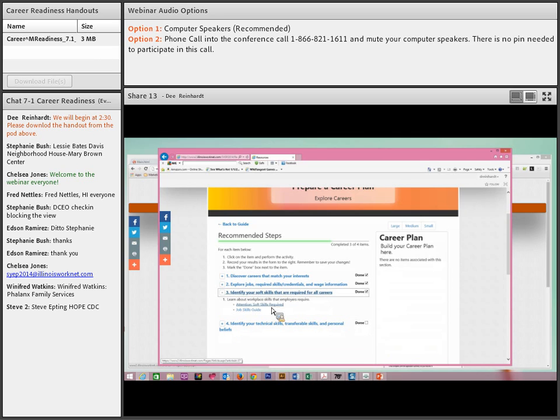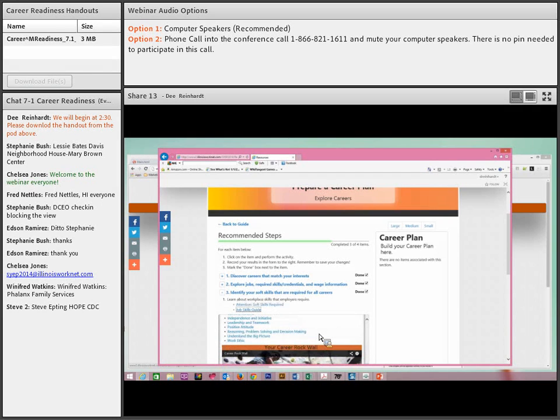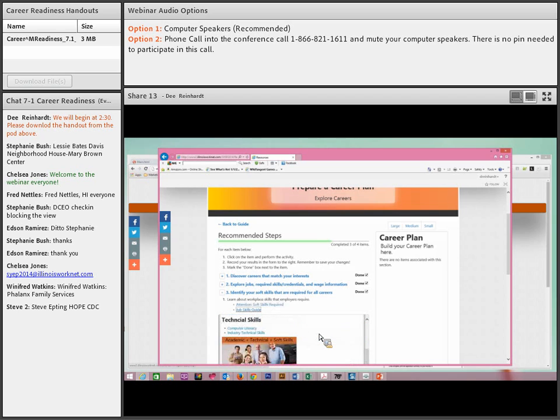You can take a look at any of this information that's available in here. We have articles and different features, things that the youth can read along here. Do you need a work permit? What are the technical skills required? And then we've got some job skills guide. Additionally, some articles that might help them determine some different things related to finding a job. Once they've done all of this, then they would click done,